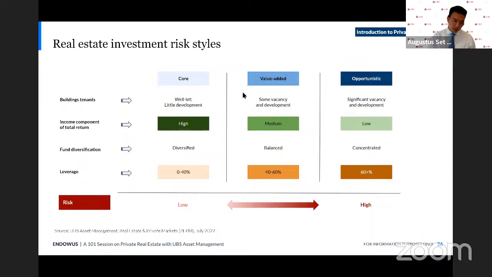So you take on a lot more layers of risk, but potentially for more outsized returns, given you have a lower cost basis of buying land and raw materials, and then selling the stabilized building at the end. So value add might fall somewhere in between. Maybe something like the case study I mentioned earlier about the Singapore office, where you buy an older style building and fix it up by doing a little bit of refurbishment, spend some money to spruce it up, mix up the tenants, and then you sell it after that.